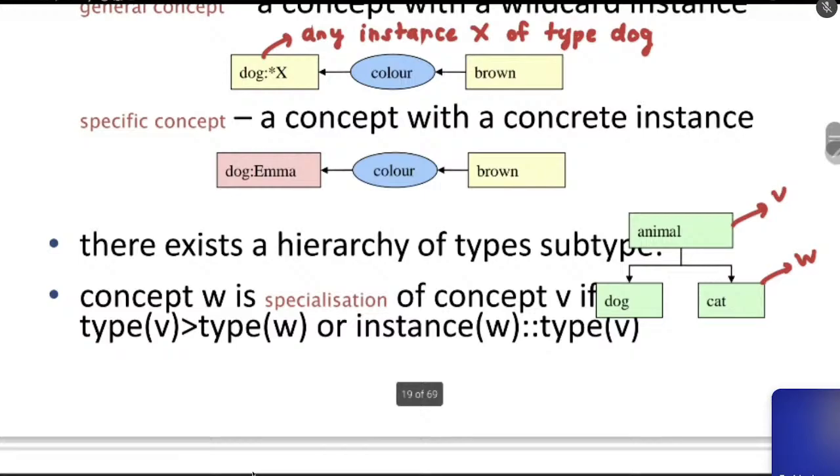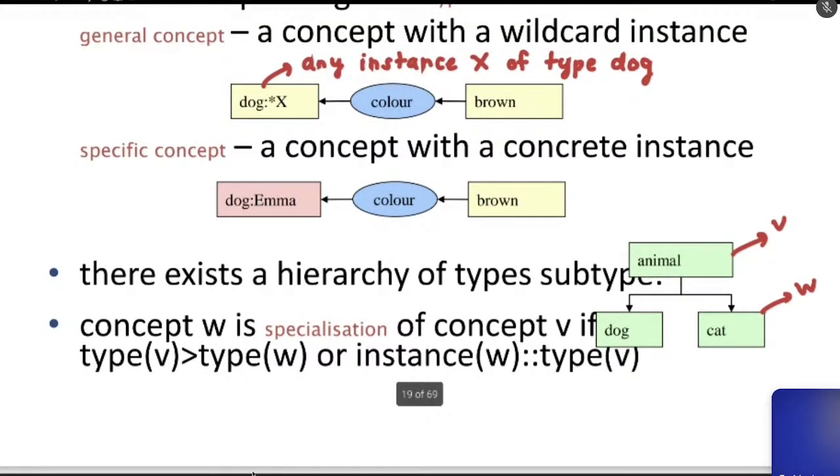Now hierarchy. Look at animal, look at dog, look at cat. Dog is an animal, cat is also an animal. So animal is some sort of a super class. You could think of it as being on a higher level of the hierarchy. It's much more general. Dog and cat are specific kinds of animals, and within dogs and cats you can have